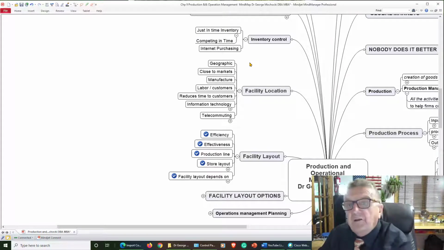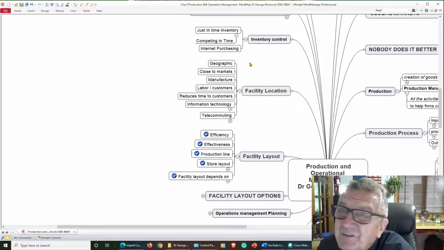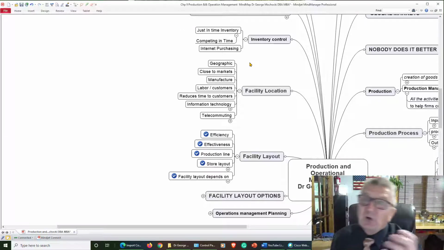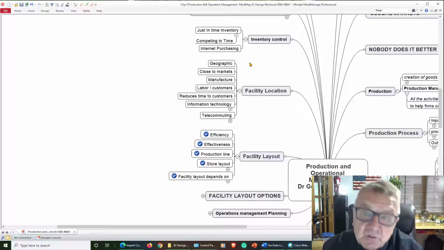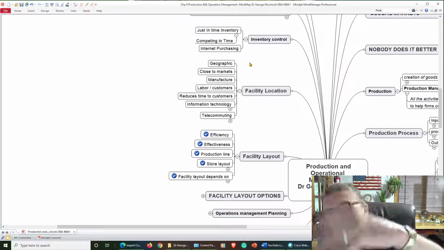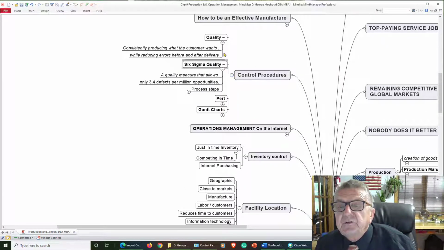You go to Sam's or Costco, and you buy all this stuff and keep it because you're buying in bulk. But if you buy too much stuff, you can throw it away because it gets old. So you have to look at whether buying too much inventory is good or not good. It depends on how much you're moving or selling through. And later on, when you take me for finance, we go into that. All right? So we have that, control procedures.